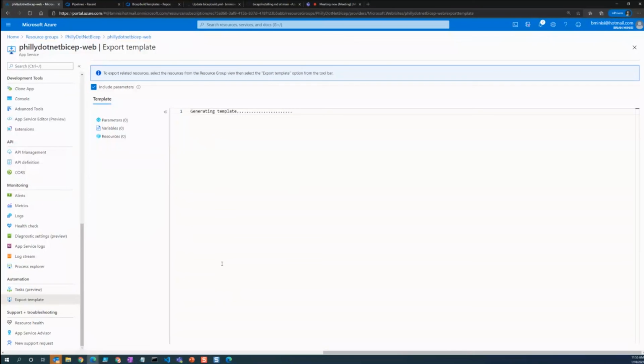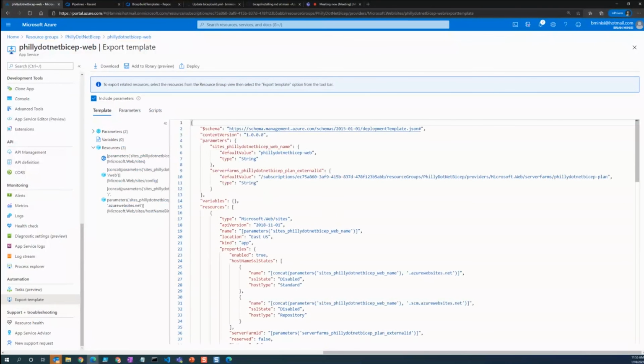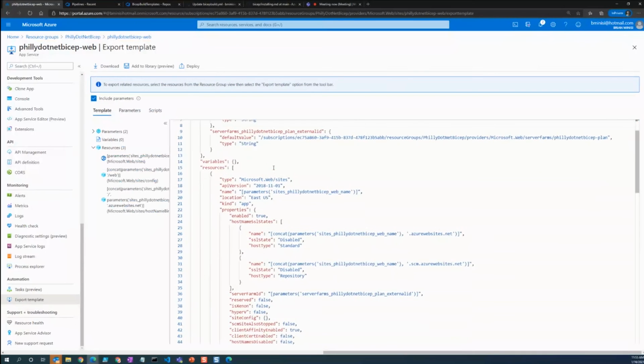But after you create your resource and then do an export like I'm doing here, there's a lot of stuff in here that you'll see that you won't need in the template or in a Bicep. It's very specific to the resource that you created. So you can't just take this. You can see what it did here.